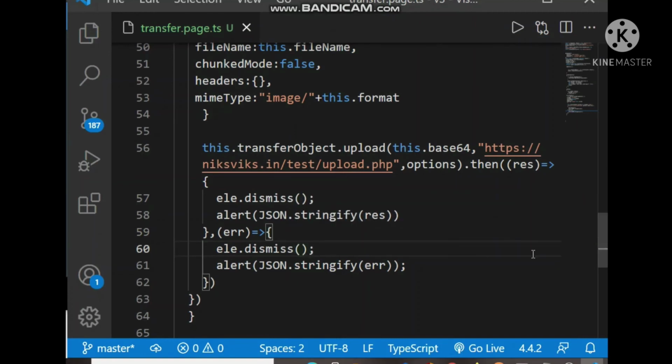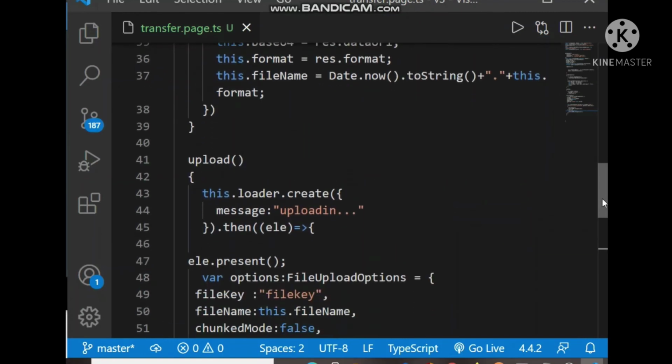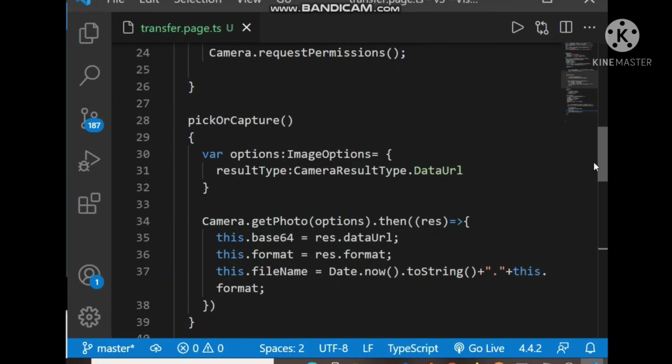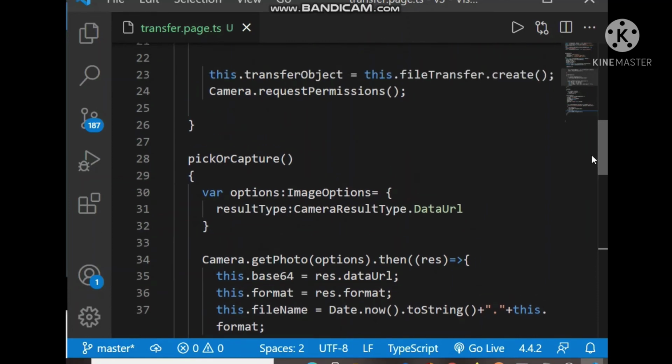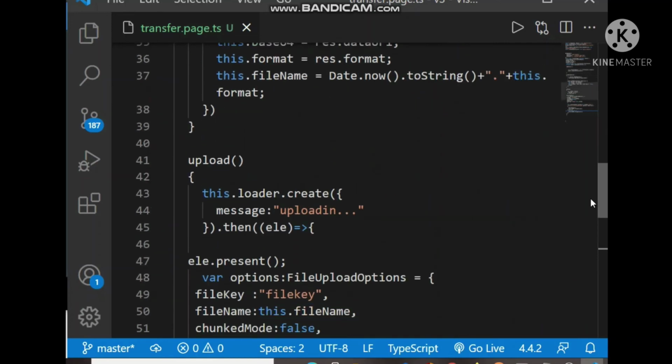So the TS method is completed. We have the upload method and the pick or capture method. Pick or capture is used for capturing or picking the image, and later we will call the upload method to upload that particular image.